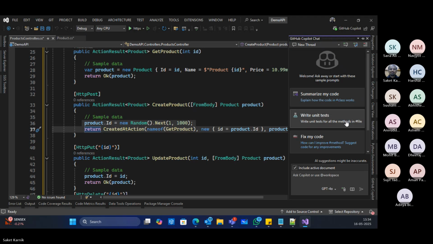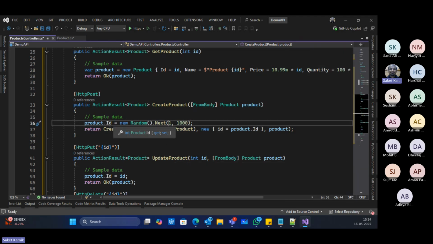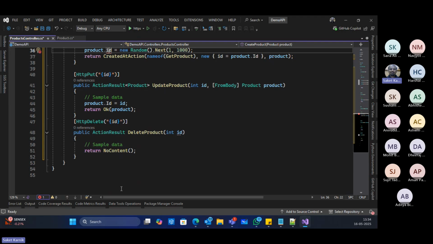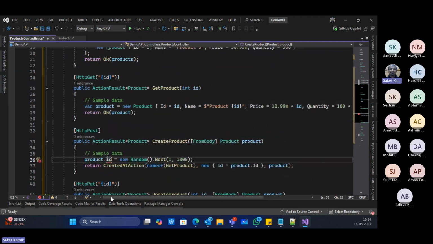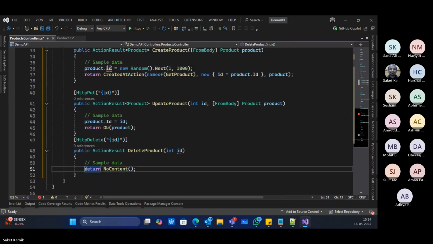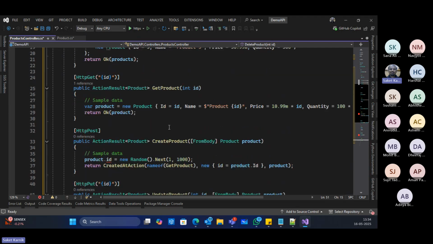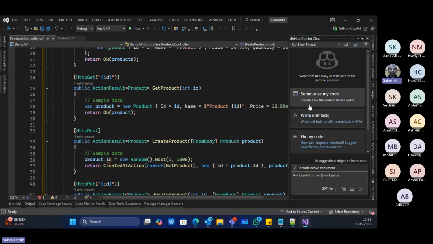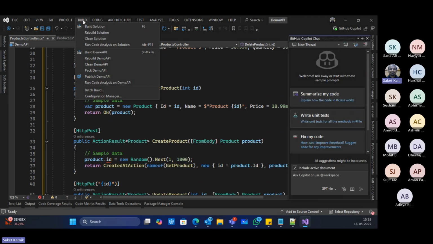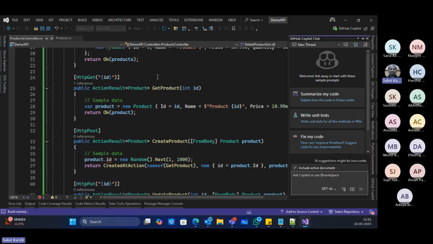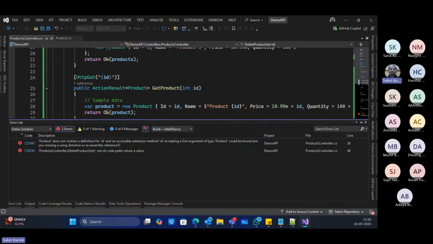Yes or no? Let's make an error over here. And beside this, I make another error. Say I don't have a return statement here. Couple of errors I have introduced. Yes, I go to Copilot. First of all, I build the solution. Let the error be reported practically.